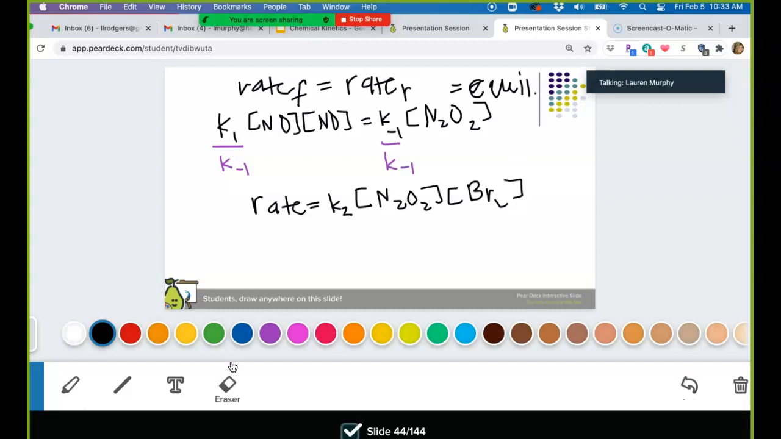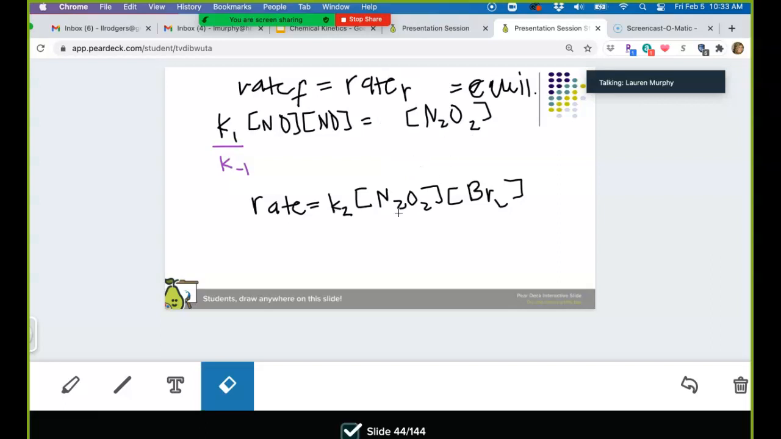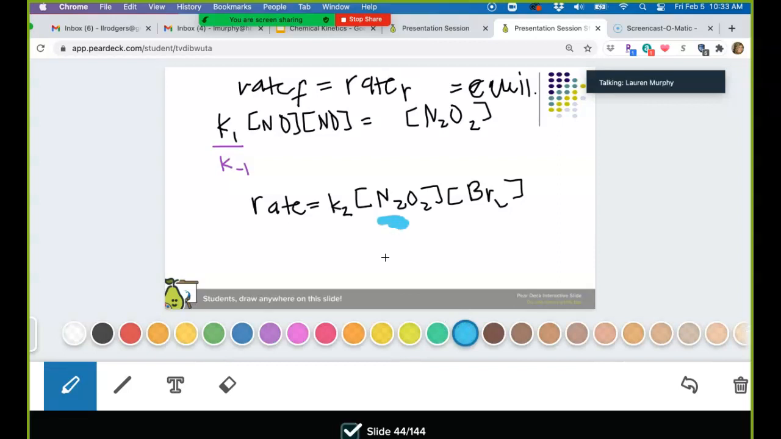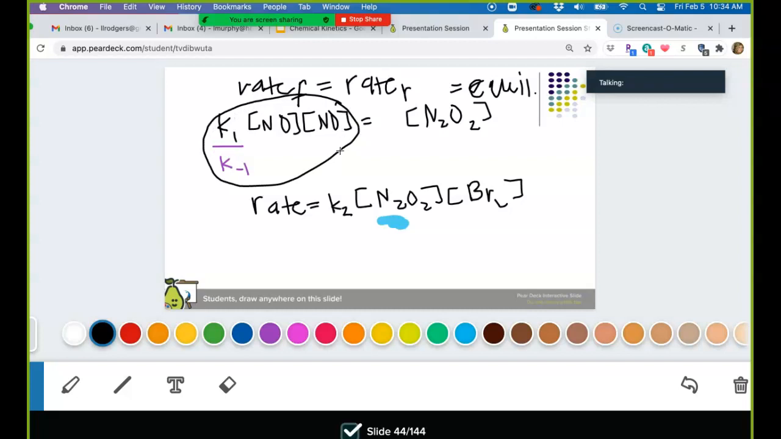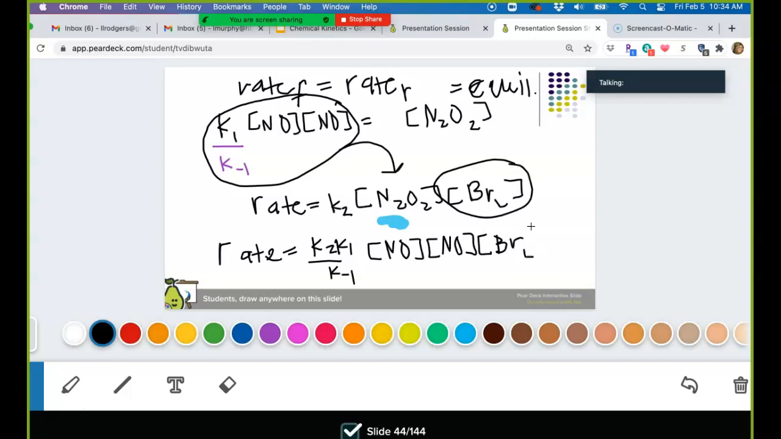Okay, and then you go, oh, well, I just solved for my intermediate, right? I solved for it up here. So instead of having my intermediate in my rate law, which is unfortunately right here, I'm going to have this stuff. So it's rate. So I just throw all my K's together. And then NO and NO go in. Okay, so I just took care of this guy, my intermediate. But don't forget, you still have this guy here. So simplified is rate